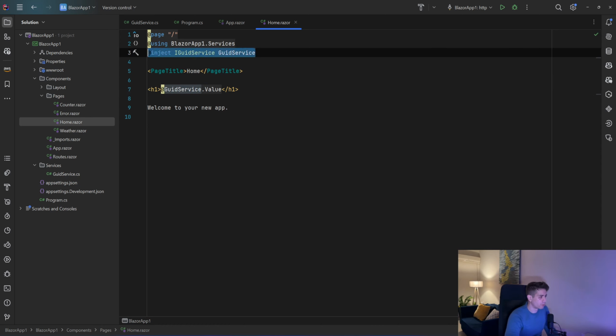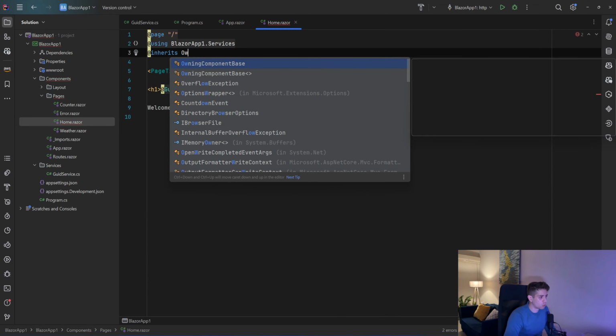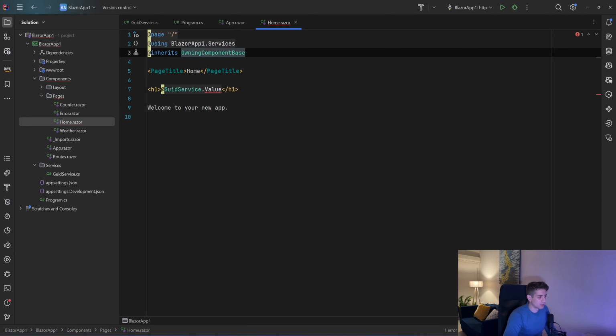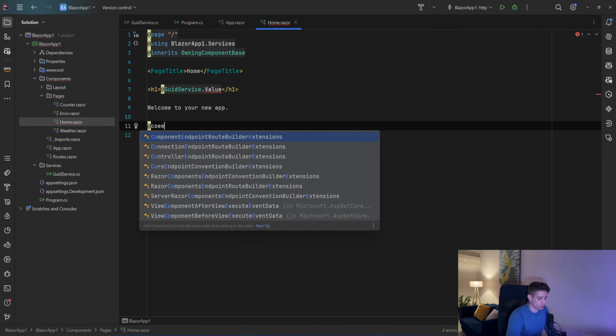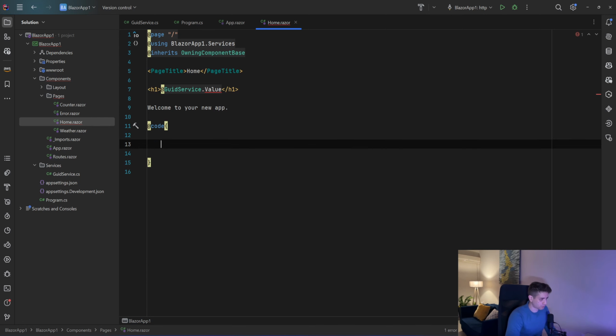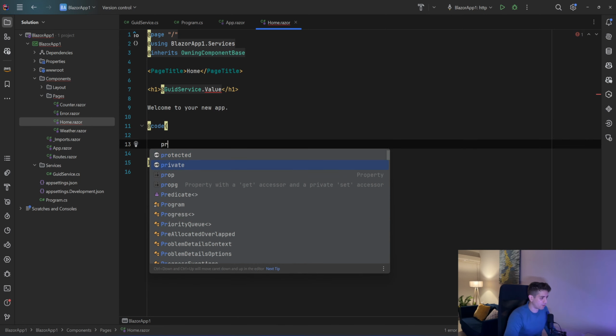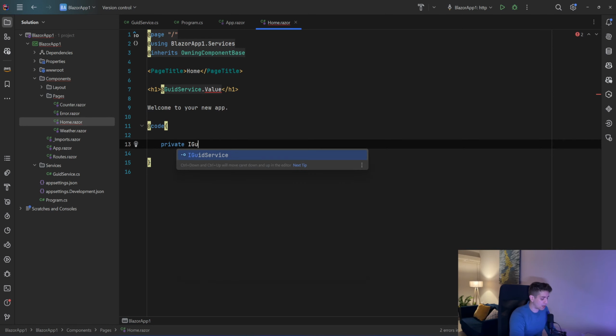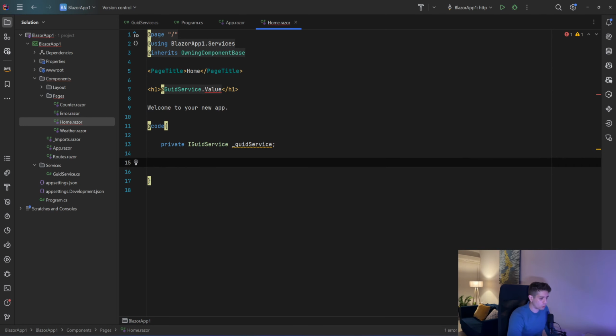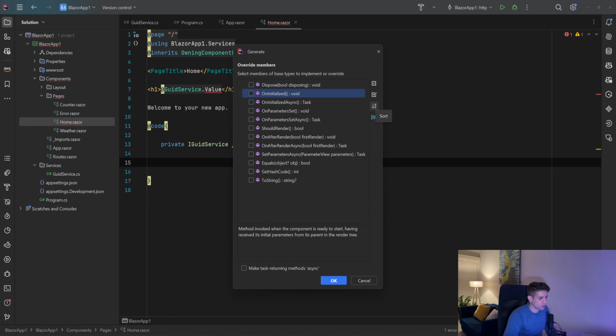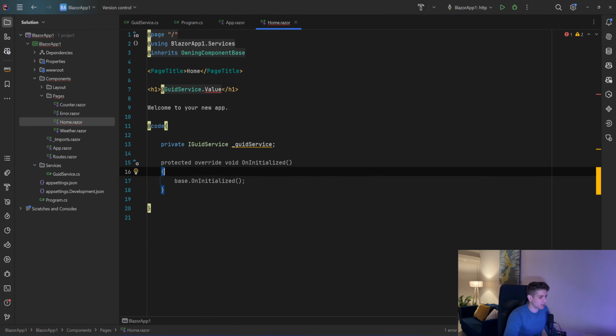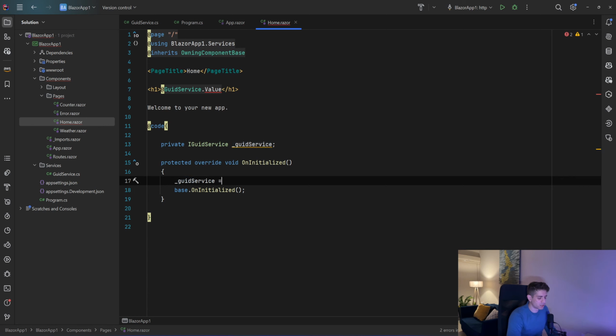I will remove that inject from here, and I will say that that home component inherits from the OwningComponentBase. And now that I did that, I will first have a code section, and in here I will have a private IGuidService, and I will call that GuidService. And now I'm going to override the OnInitialized method, and in here I will say GuidService equals